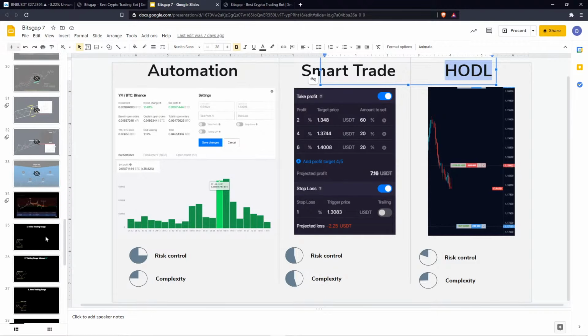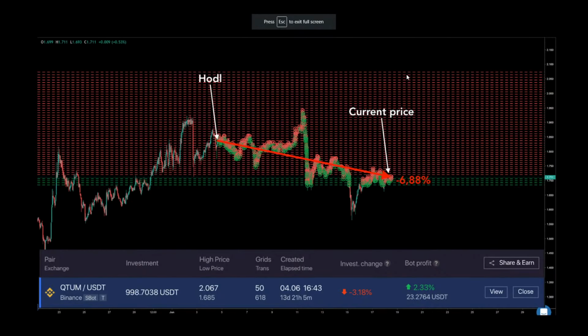you will see that you generate more returns. Basically, you lose less than in a simple hodl or maybe even in the smart trade mode. Because the thing is that it takes the bot profit to offset the negative value change of the base currency. You see here, the value of Quantum falls. Yeah, and if I would just hodl it from that point down to the current price, I would bear a loss of